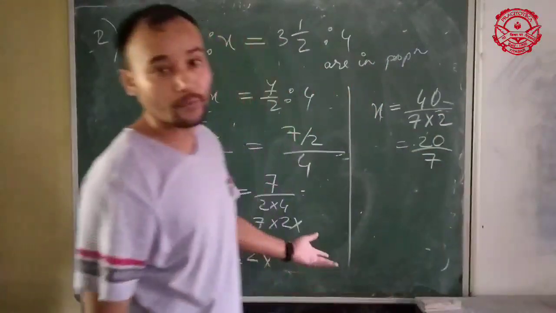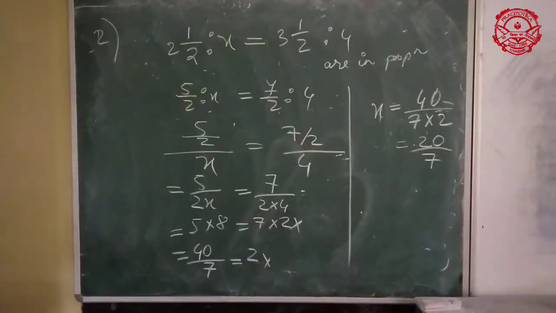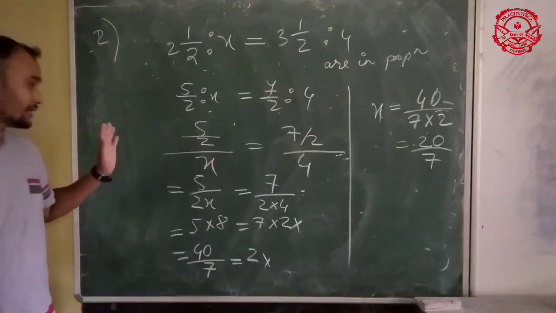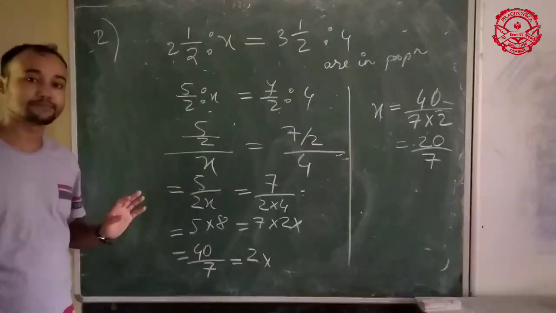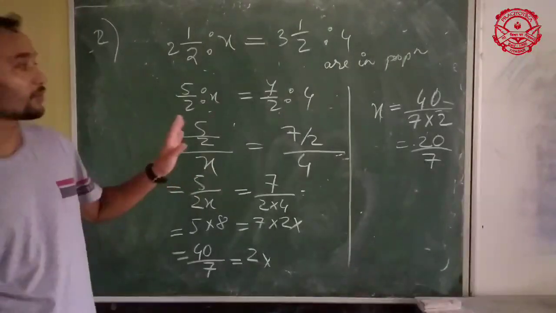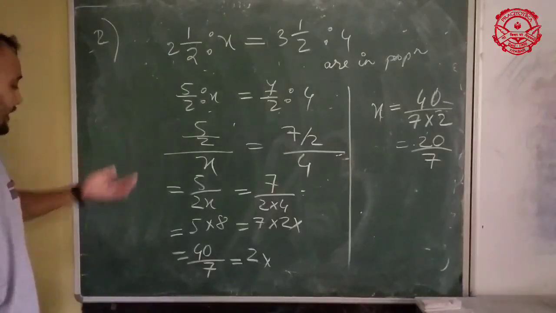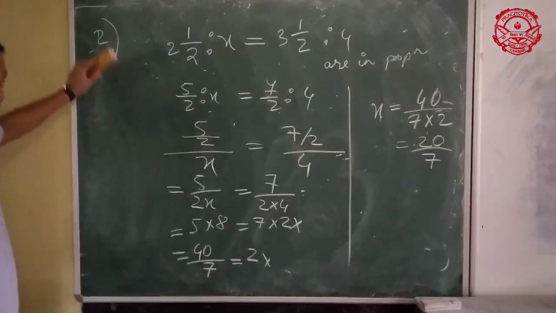Okay, see, there are two ways. The same answer as earlier, we got x equal to 20 by 7. Here also we are getting x equal to 20 by 7. Now see, it's up to you. Both the processes are correct. Fine. It's up to you which process you are going to adopt. Fine. I think this is also a nice process. Fine. Yeah. So we'll go to our next question.